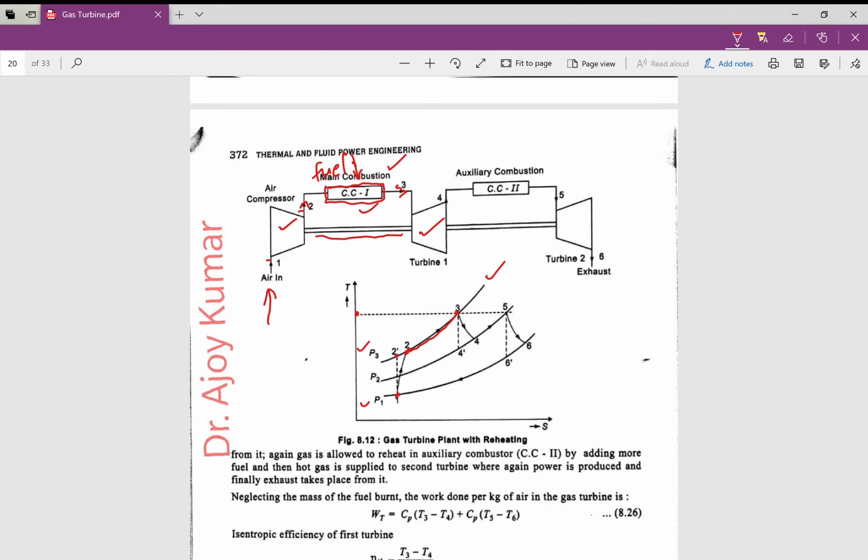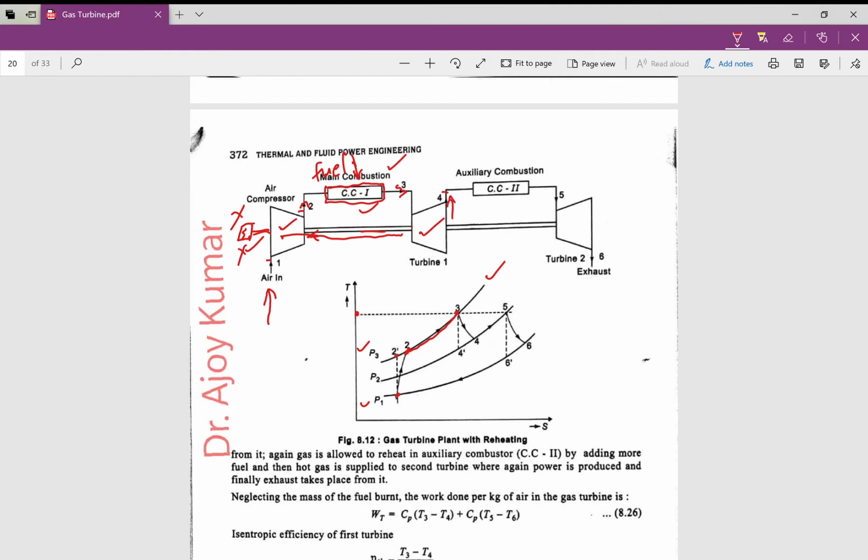A small amount of work or power is supplied to run this compressor. Here there is a starter. At the beginning, to run this compressor, the starter is switched on. When the compressor runs and power is produced by the turbine, this power is supplied to the compressor and then the starter gets off. So now, dear students, after producing power from turbine 1, this exhaust gas goes out at point 4 and